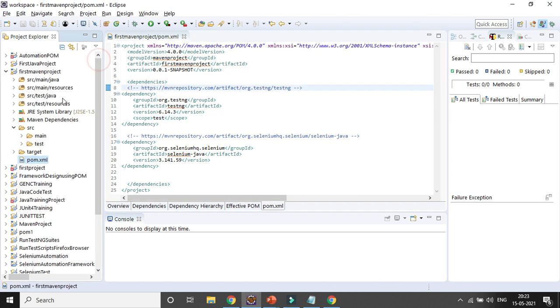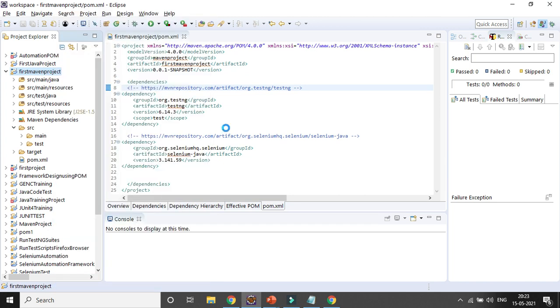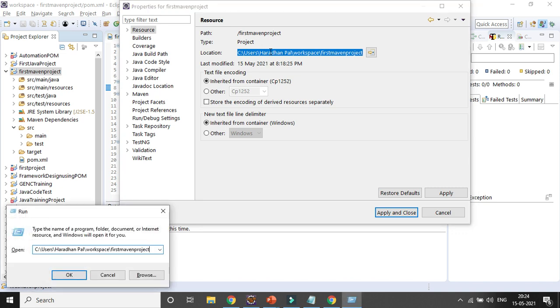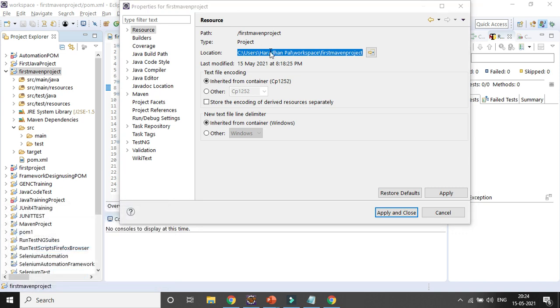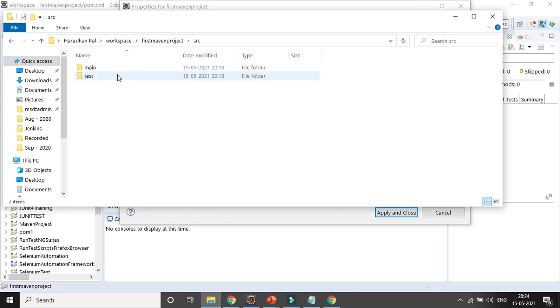Now just right click the project, click on Properties, and click on Resources. This is the project path, and if you go to that project path, you can see main and test, these two folders created, right?